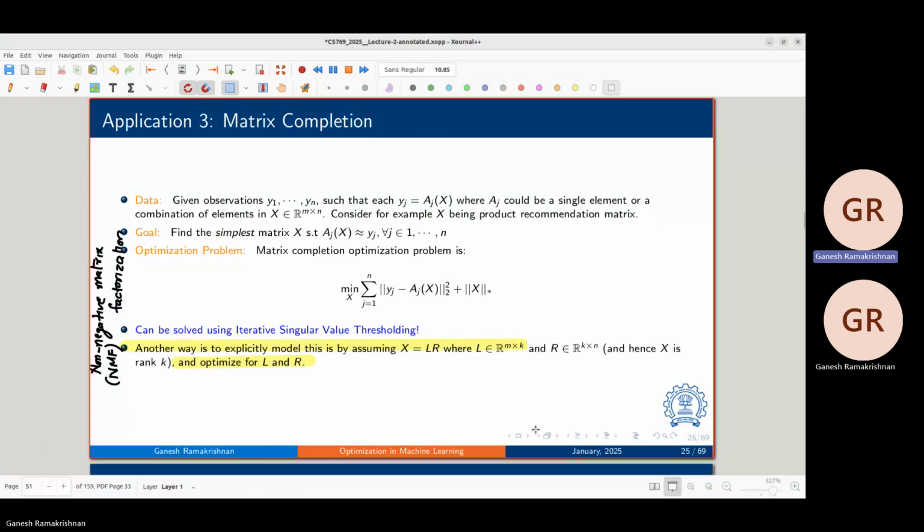Okay, let's go back to the same example. Why non-negative matrix factorization? We didn't have non-negativity on the U sigma V, right? When we considered X to be U sigma V, did we require any non-negativity? No. But if I had a different representation, okay, so here's my different representation, which is